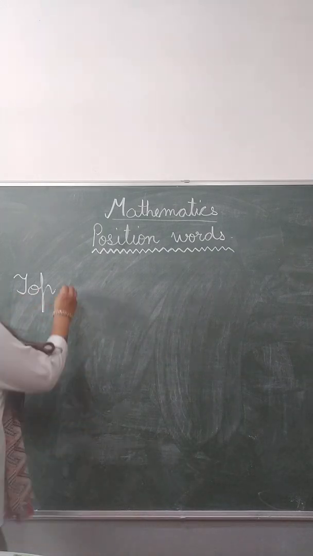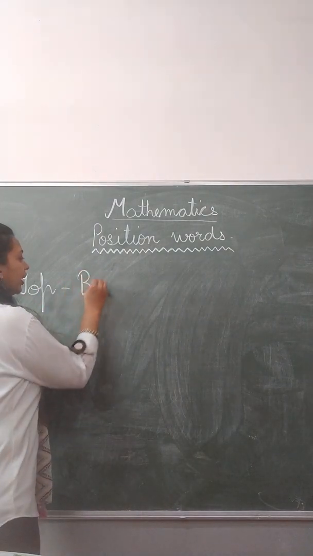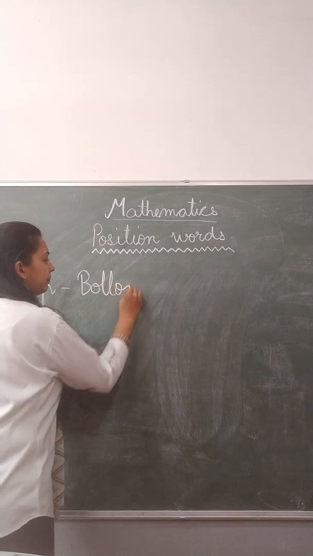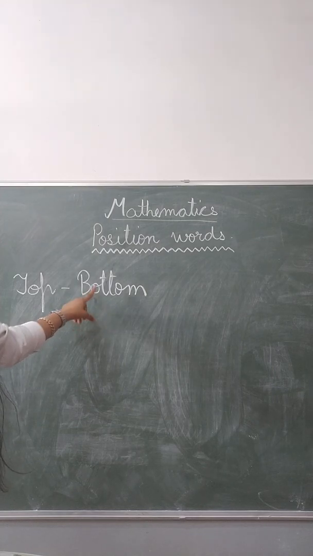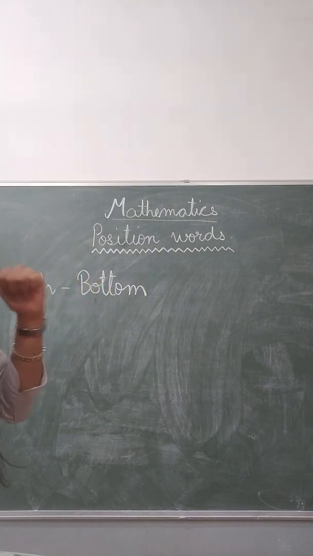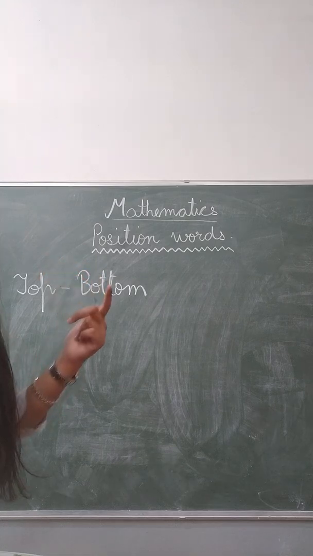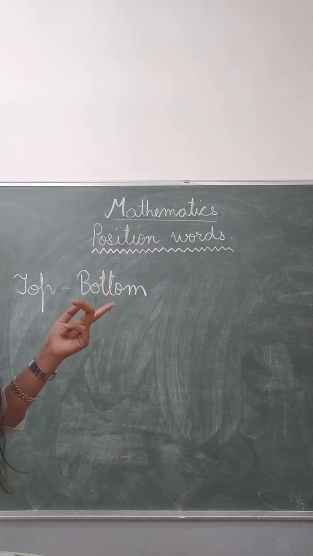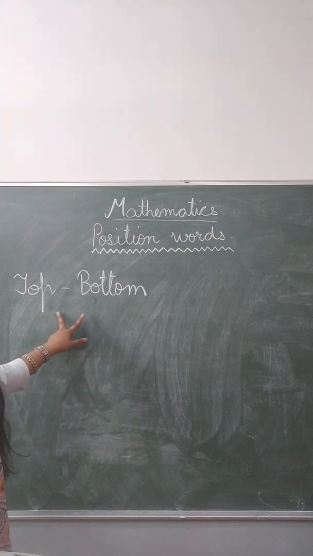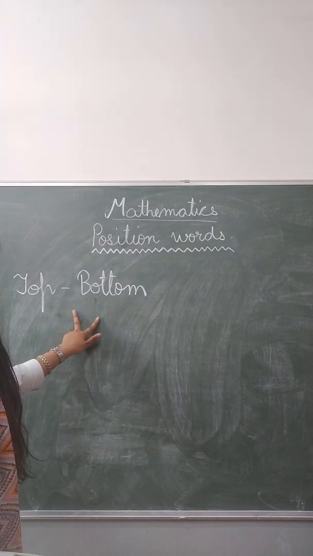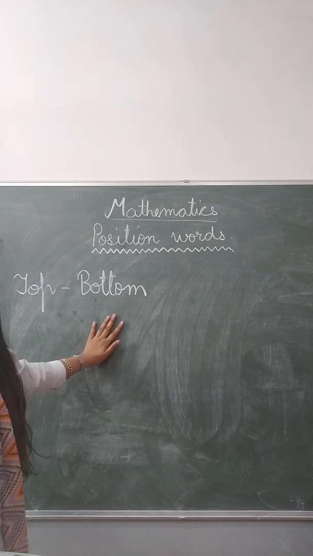top and bottom. So what we have done, we have used the related words together. Like top is related with bottom. Top means ऊपर, कोई भी चीज किसी के भी ऊपर होना. Whereas bottom refers to the word when something is kept under something. So we are using the related position words together, like top and bottom.